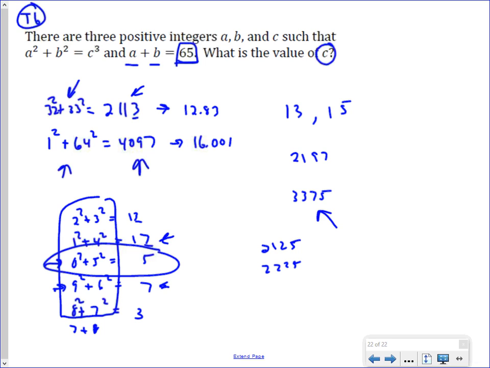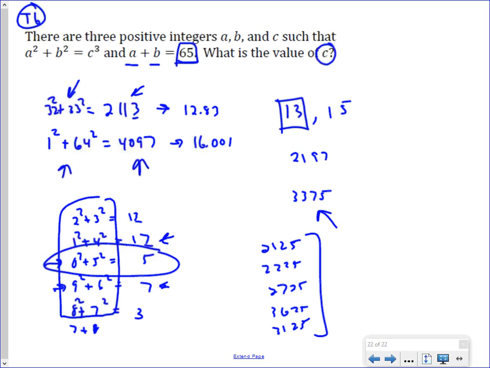That gets me 2725. Still not big enough, and so I'm going to try 60 squared plus 5 squared. That gets me 3625, which is too big, and so I can try 55 squared plus 10 squared, and that gets me 3125. And you can see these are all those possibilities that end in 5, which in and of itself gives you the logic that it has to be 13. But if you didn't go through and find that logic, you could also just try all these things, and it turns out that if you do